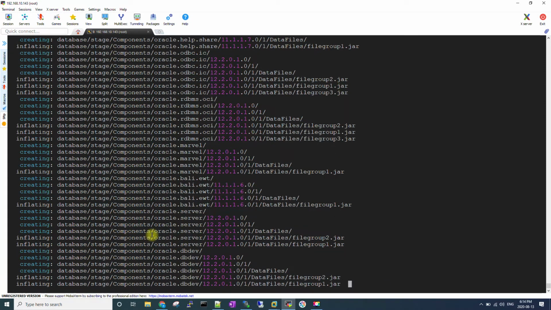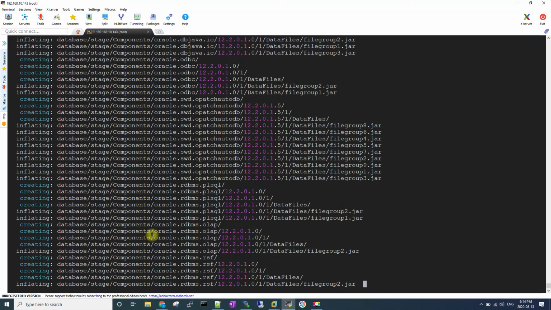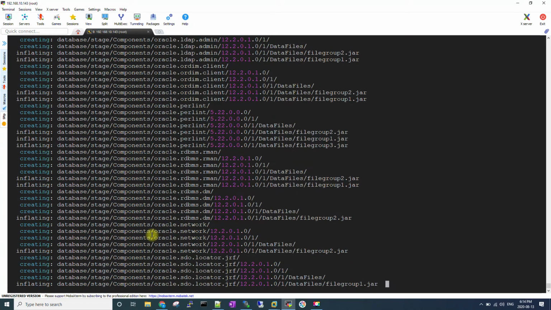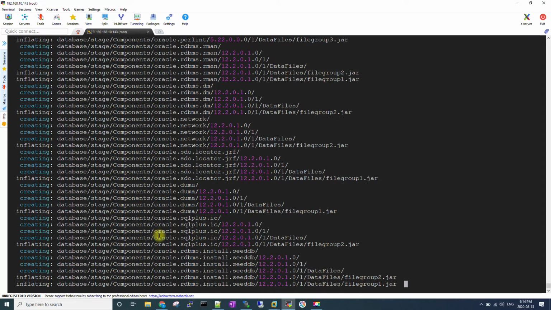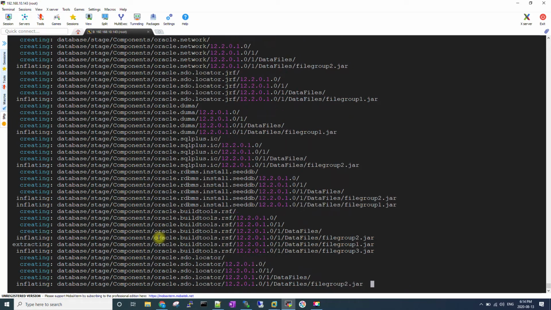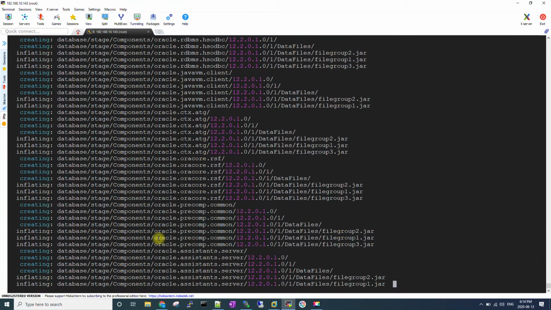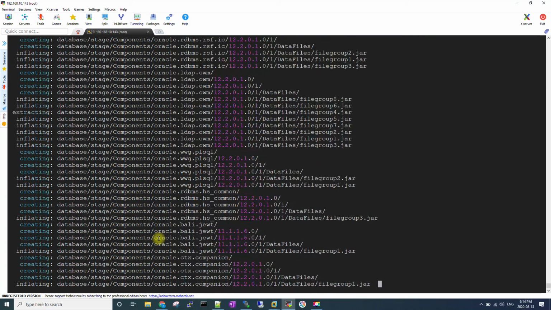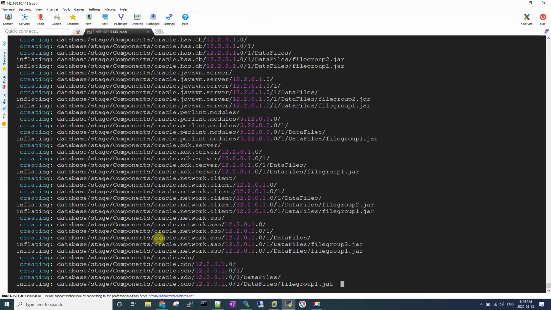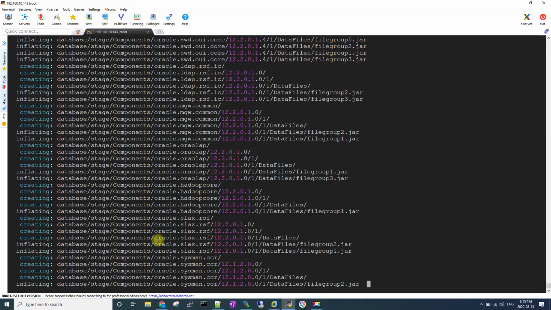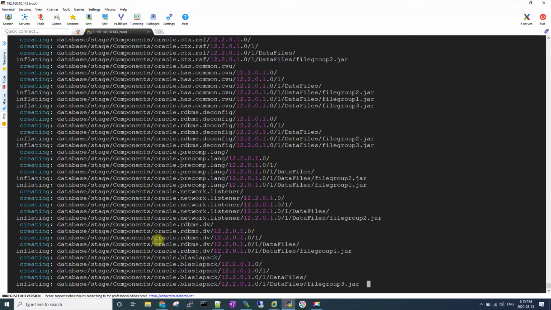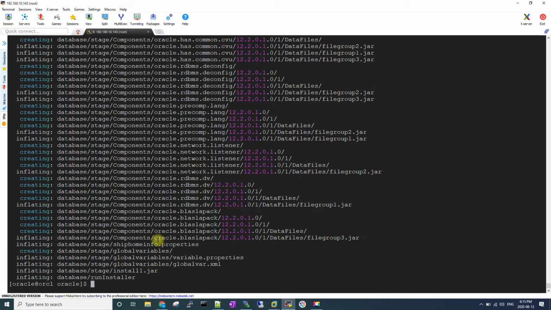But when we start extracting the 19C, we will see there is a difference. That is the reason there is a procedure we need to follow: we go to the 19C home. Before that we make the specific directory where you want to create the home directory itself, and then go to the DB directory and extract the files there.